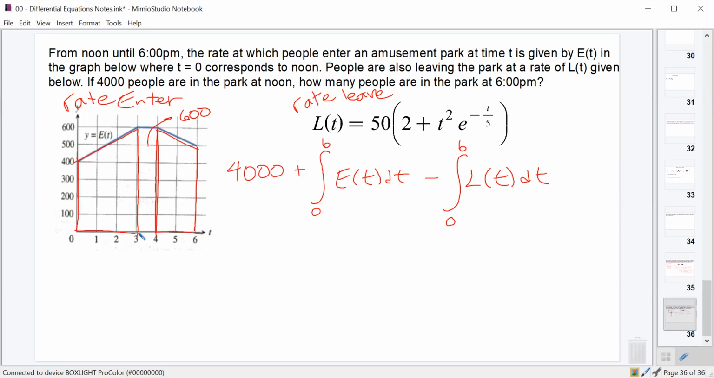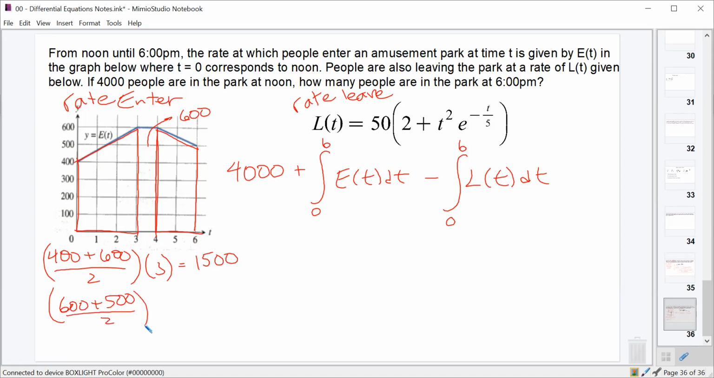And the area of a trapezoid is base 1, so in this case that'll be 400 plus base 2, which will be 600, at t equals 3, divided by 2, and multiply by the width, 3. That's going to give us 1,500. And then we'll do the other trapezoid, which has base 1 as 600, base 2 as 500, and we'll divide that by 2, and then multiply by the width from 4 to 6, which is 2. That gives us 1,100. And if we throw the 600 into that as well, and add that all together, looks like that is